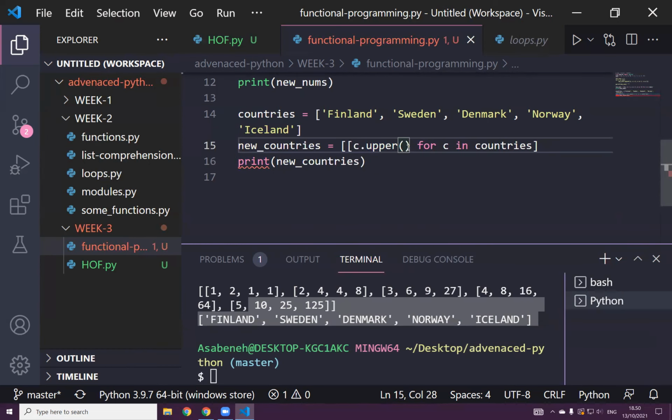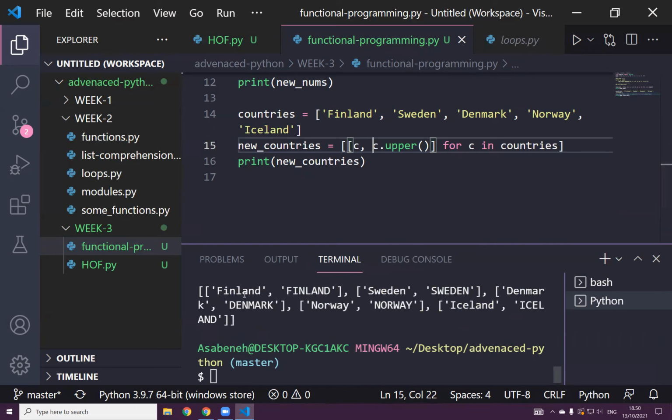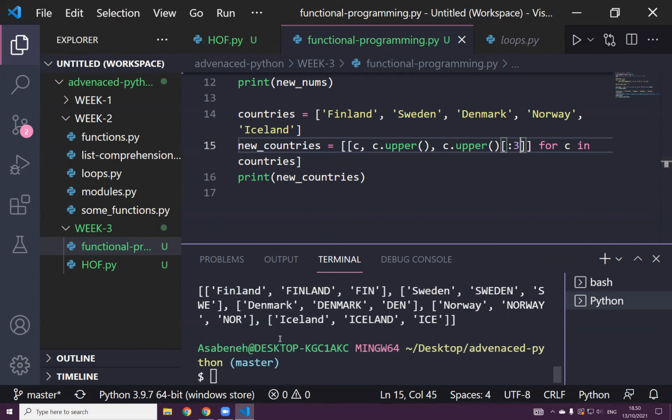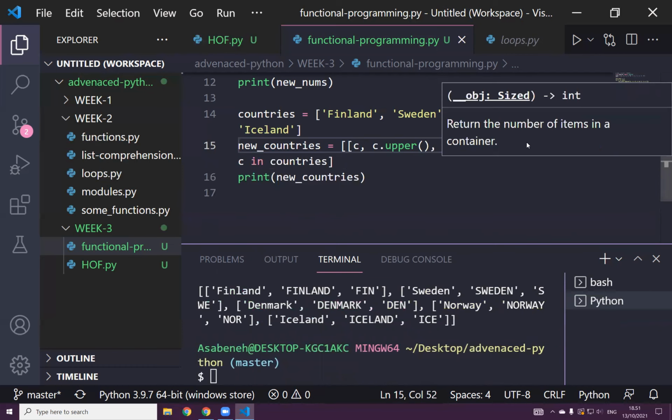And now, maybe if you want to also see Finland. Oh yeah, maybe you may want to slice. After you change to uppercase, if I go to the third character, that's how you slice, right? Yes. And let's see the Finland case, Finland, and yep, Sweden. Yes, it's working. And if you are interested to know the number of characters of the language, len, and then